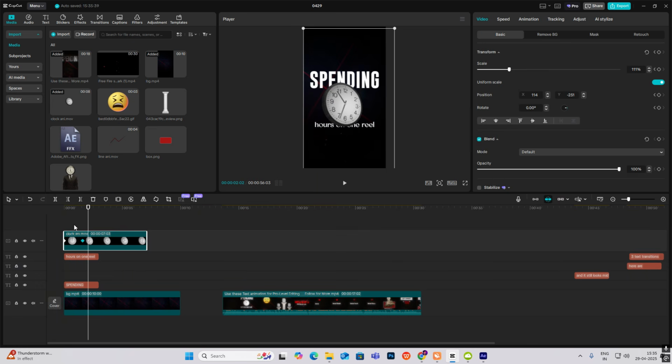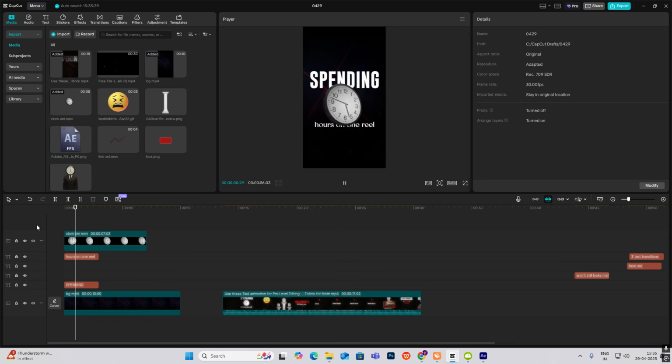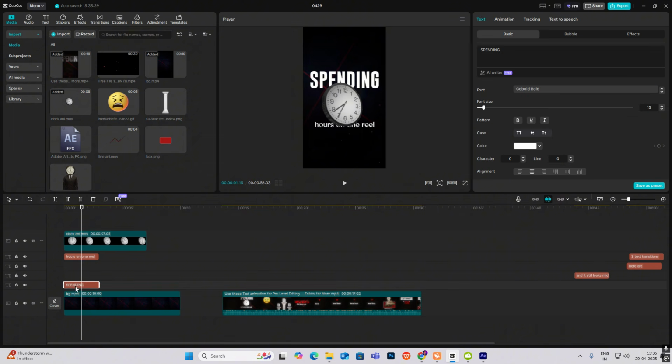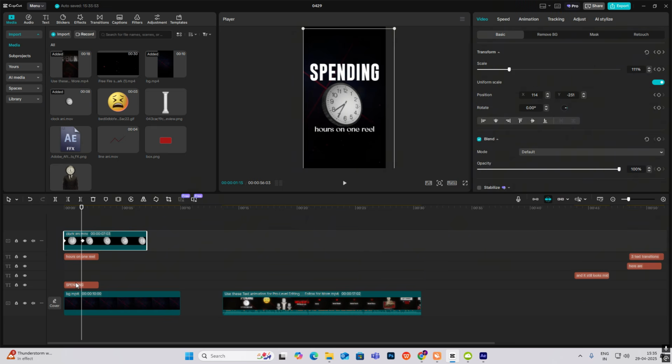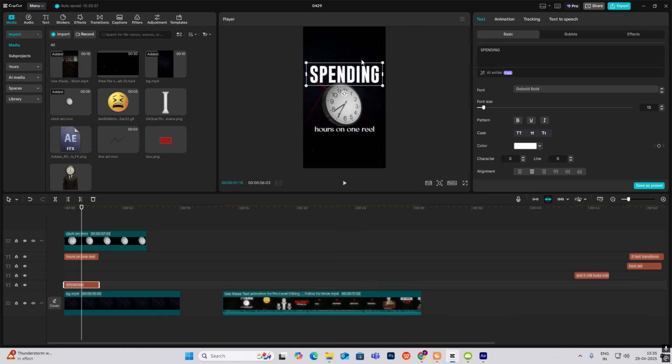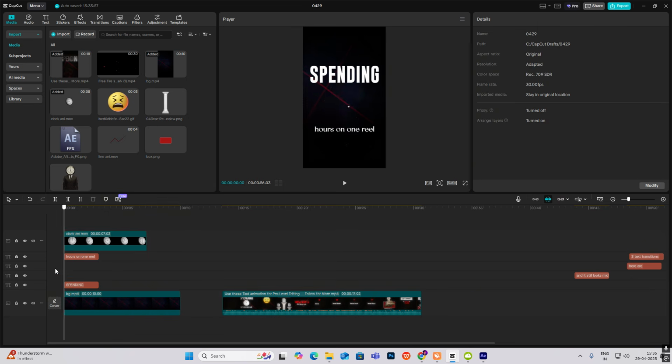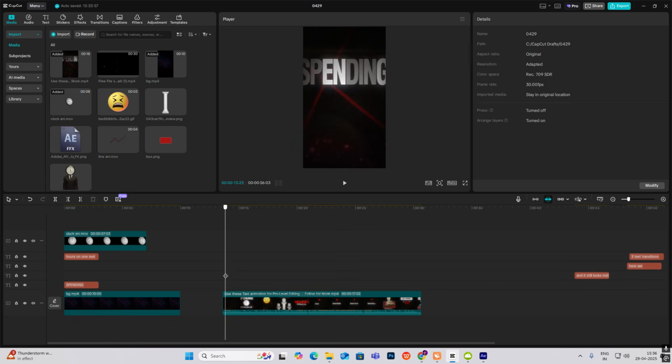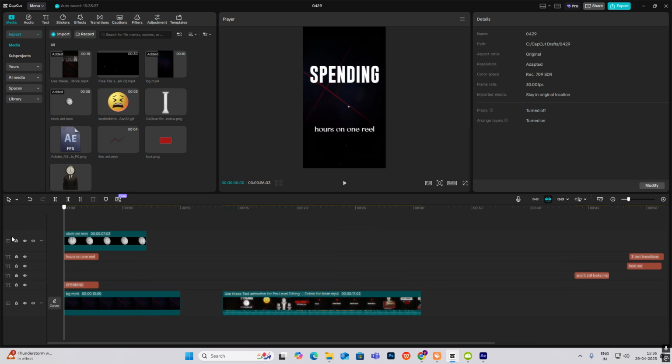Let's bring the keyframes closer so the animation is faster. Okay, now what we have to do is just keep these two farther apart so that the clock is visible. Okay, let me just put this a little bit below. Yeah, so now we have got the starting, but as you can see there is text animation too, so we'll